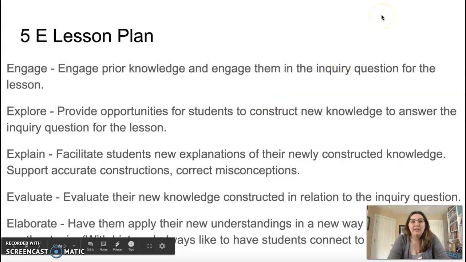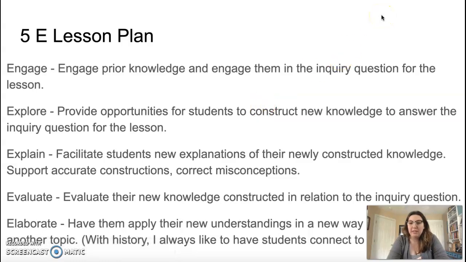And your 5E lesson plan is going to follow a 5E format, and so this is what that format looks like. So it's different than a 6-step lesson plan. A 6-step lesson plan assumes that the teacher has the content and the skills, and they are imparting it to the students. And so that's why I do it first and model, then we do it together and I help you, and then you do it on your own. So it's starting with me, giving it to you.